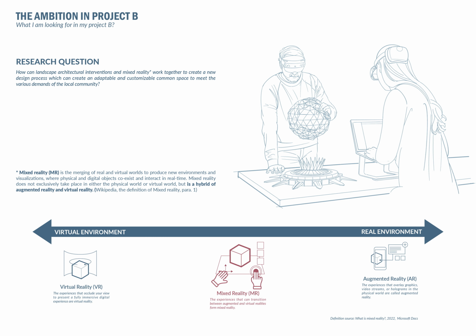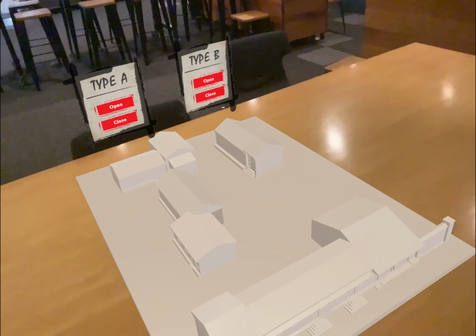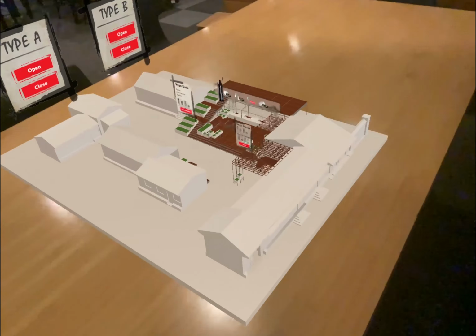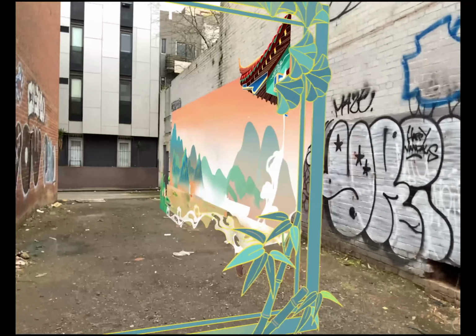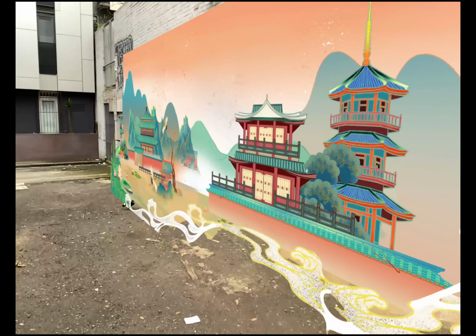I'd like to give a brief introduction to mixed reality. It allows the interaction between physical and digital objects in real time. I made two videos to help me explain. The show-off of the module is triggered by pressing the button. In the second video, the digital scenery jumps out once I am within 3 meters distance from the wall.